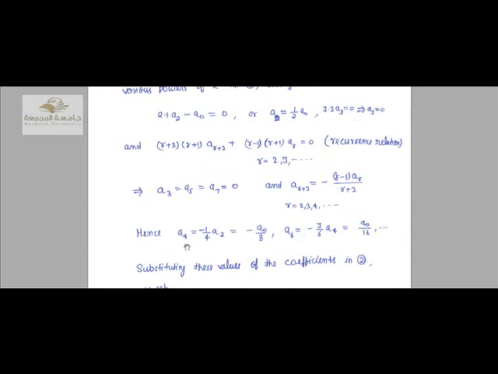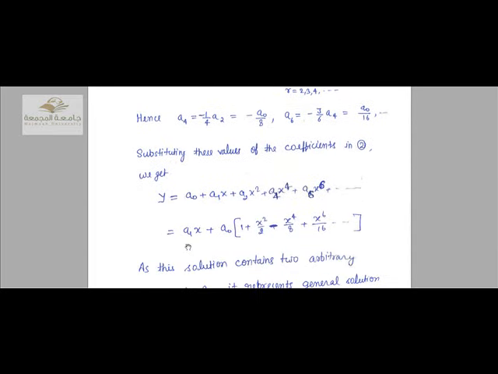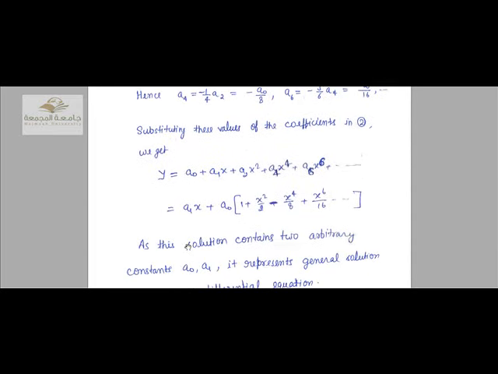Hence, a4 is equal to minus 1 by 4 a2 is equal to minus of a0 by 8. a6 is equal to minus 3 by 6 a4 is equal to a0 by 16, and so on. Substituting these values of the coefficients into the assumed series, we get